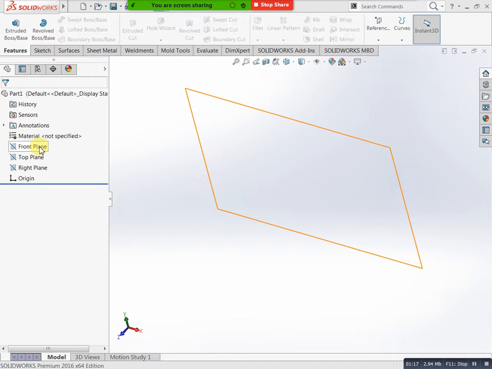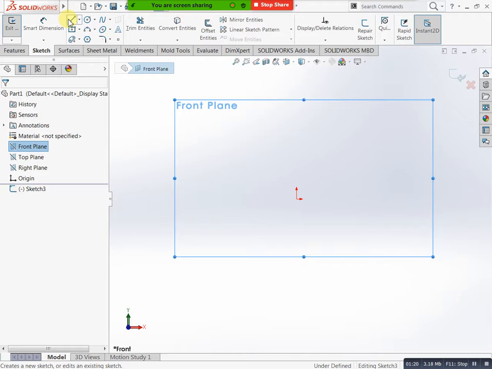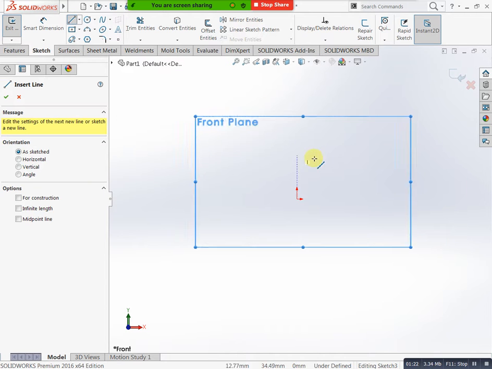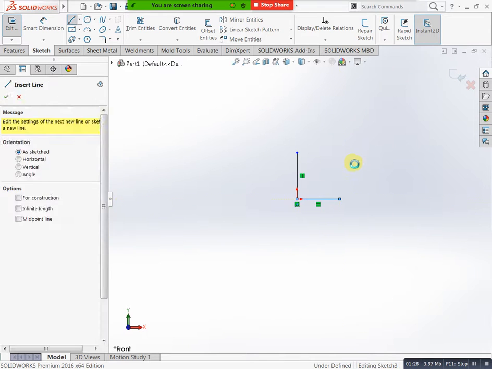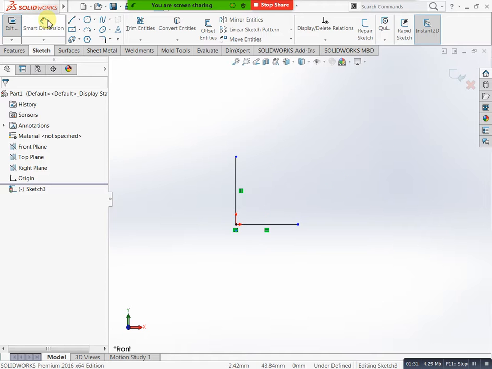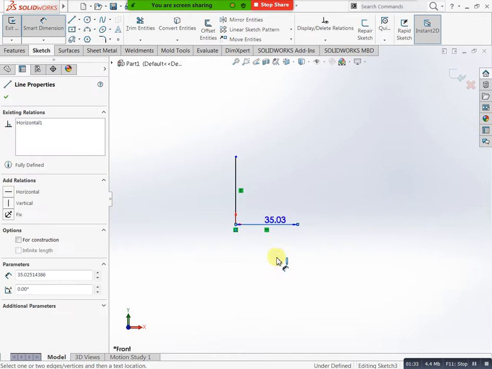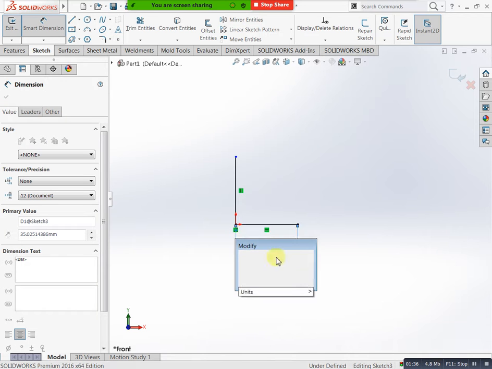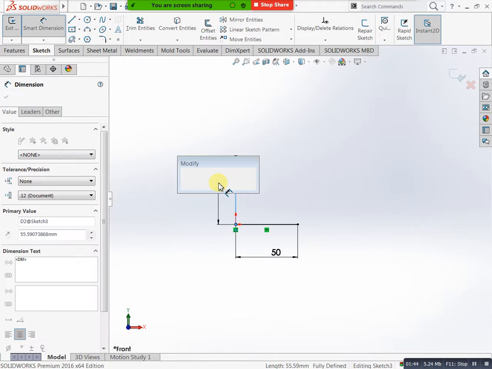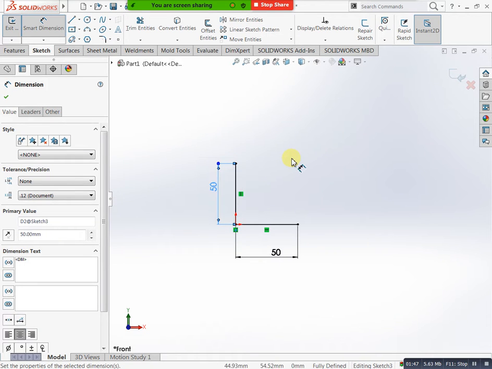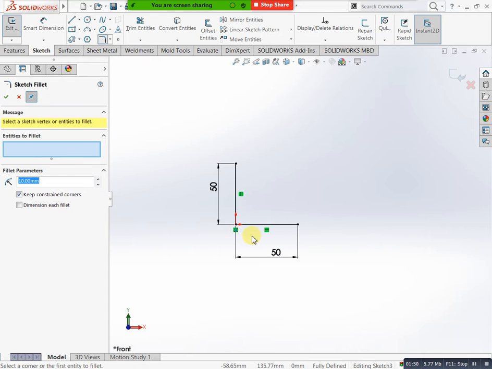First of all, we need to create one path. For example, I need to create one pipe routing, one elbow. Small dimension, you can mention here to here, the dimension 50. Okay, now you can take fillet and mention the dimension for the fillet.